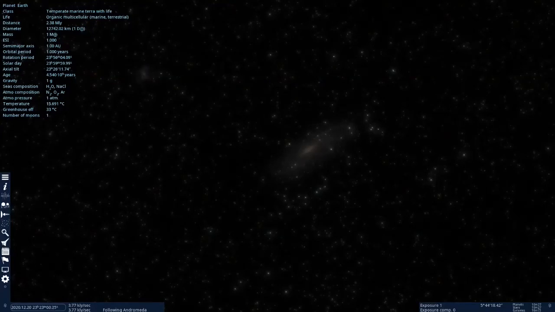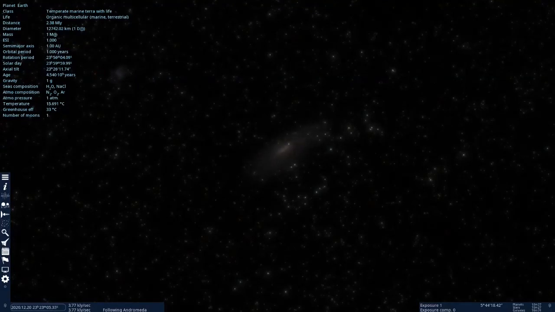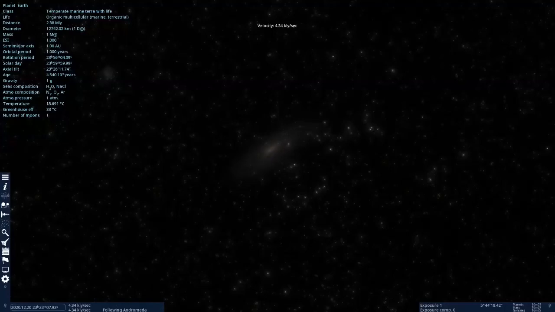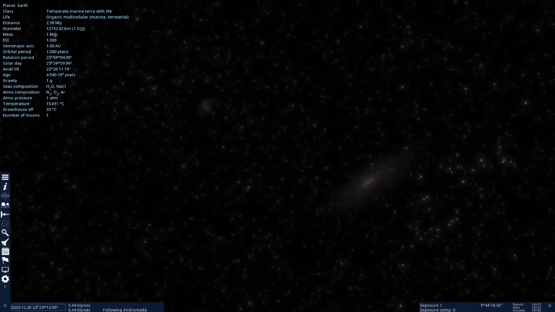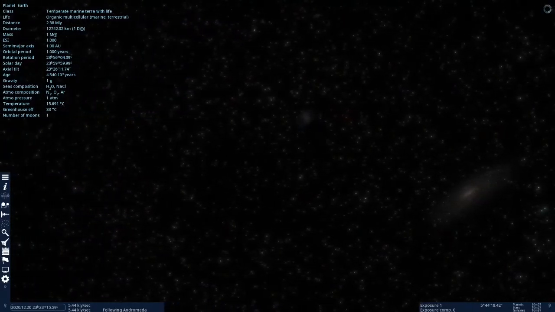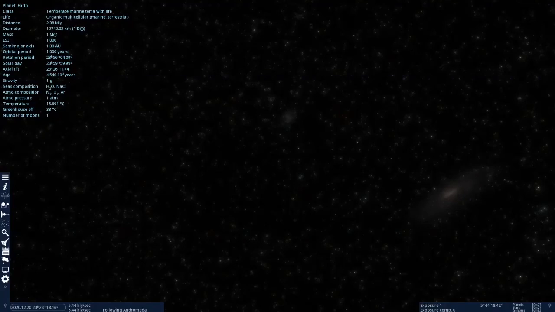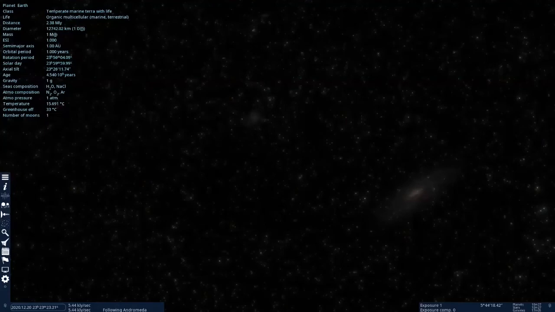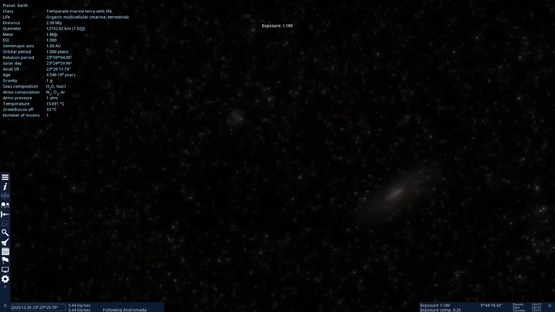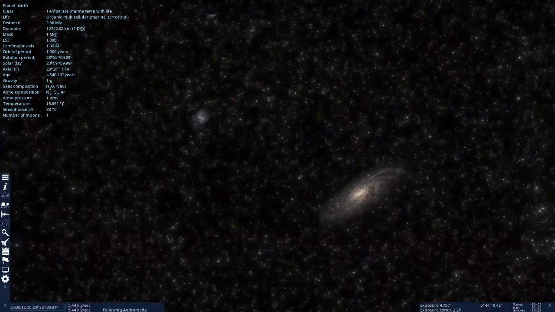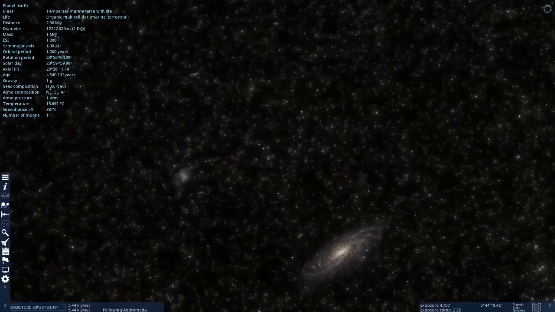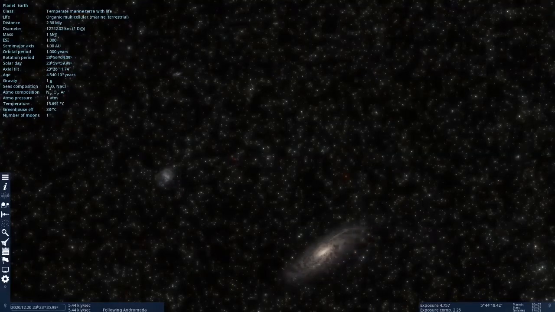But we can do the sideways sliding thing here. Actually, some of those seem to be a lot farther away than I thought. I'm surprised. There's one of the Magellanic Clouds up there on the upper left of the screen. Farther away than I thought. No, I guess I knew that. Whatever. It almost seems like, no, that's a reflection of me on the screen. I thought I was seeing something else. Oh yeah, so the Small Magellanic Cloud is right at the top of the screen. The Large Magellanic Cloud is below it. The Milky Way is at the bottom.